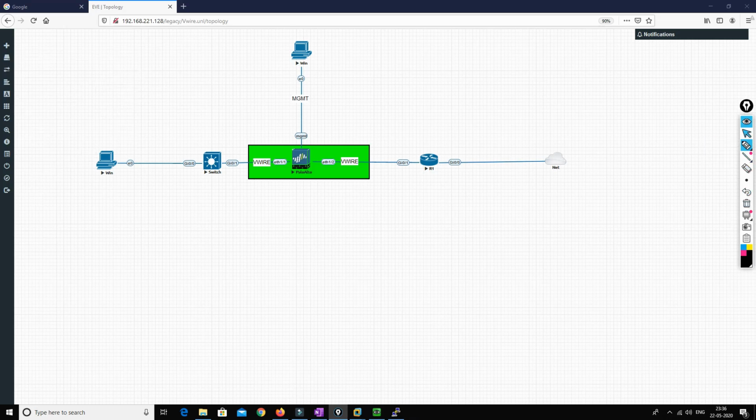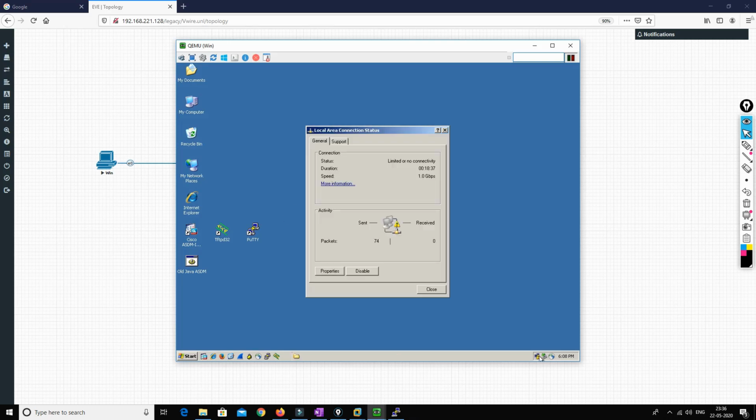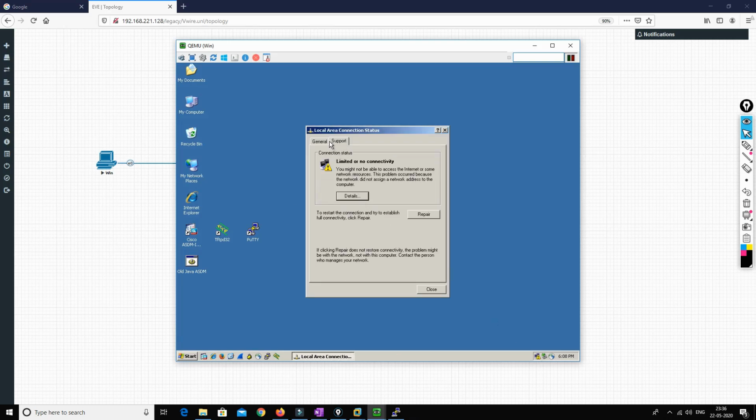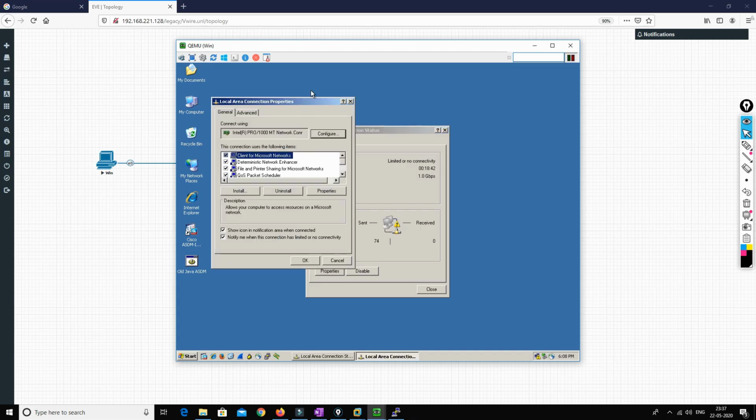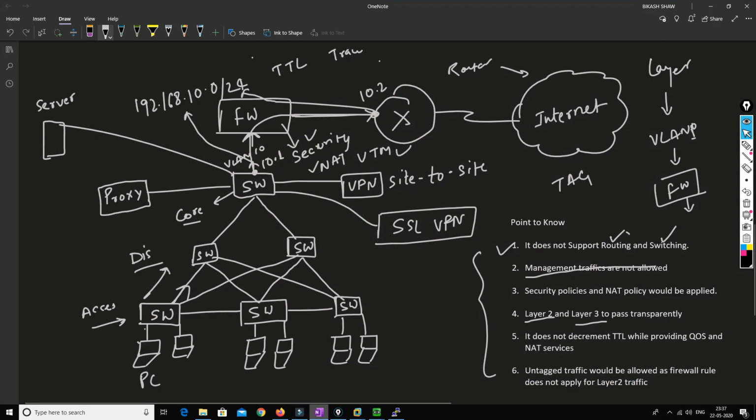Okay. Now the next thing that we are going to do is, here the understanding comes and you have to understand what exactly it is. So this PC, we have to give an IP address, right? So when I was explaining in this scenario, the switch and the router will be in the same subnet.